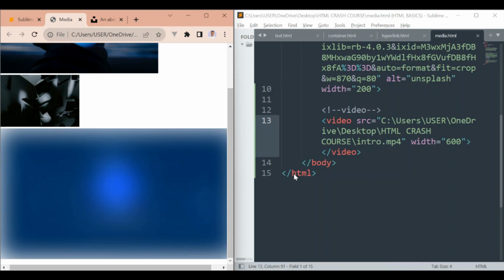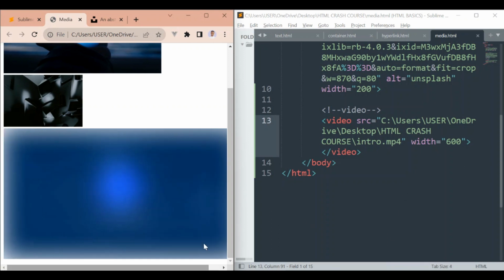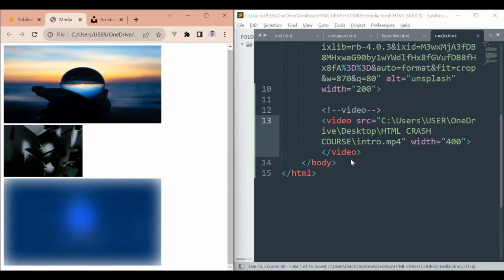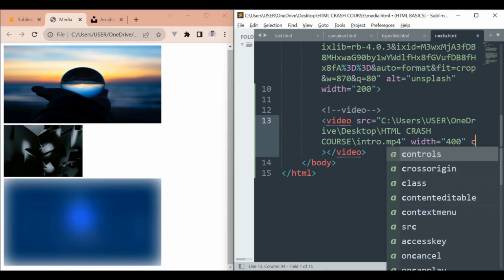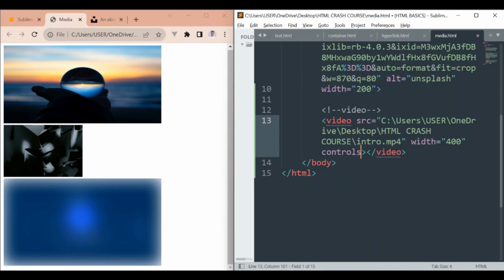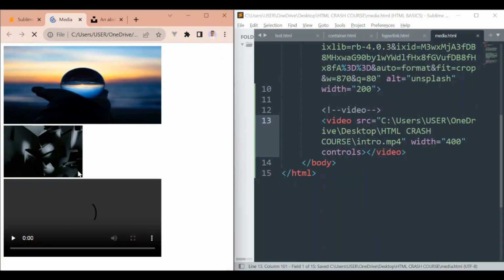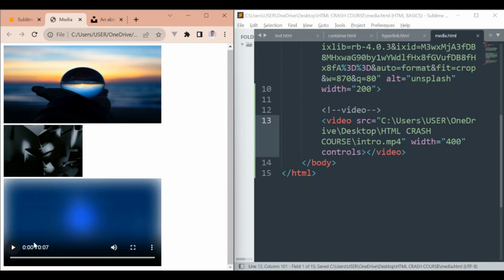And we also have the height attribute, but I'm just going to leave only width. So I'm just going to make this 400. So as you can see, we cannot play this video, we cannot do anything. That's because we're supposed to add an attribute called controls. So I'm going to say controls, save. If I reload, you see we are going to see some controls here. So if I play,